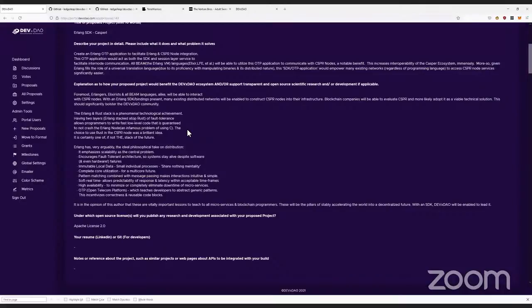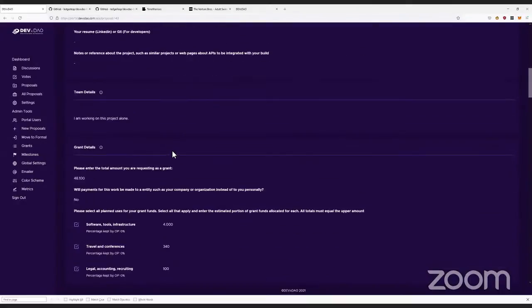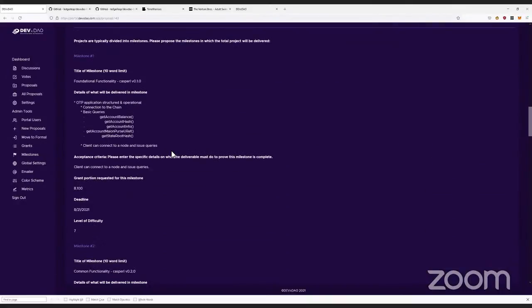So Robert has been coming on and talking to us for almost 2 months now, figuring out everything that he needs to do to make sure that this SDK is as helpful and as self-documenting as it needs to be, right down to taking advantage of property-based testing, which is what Erlang works best with. It's one of its killer apps, as it were.